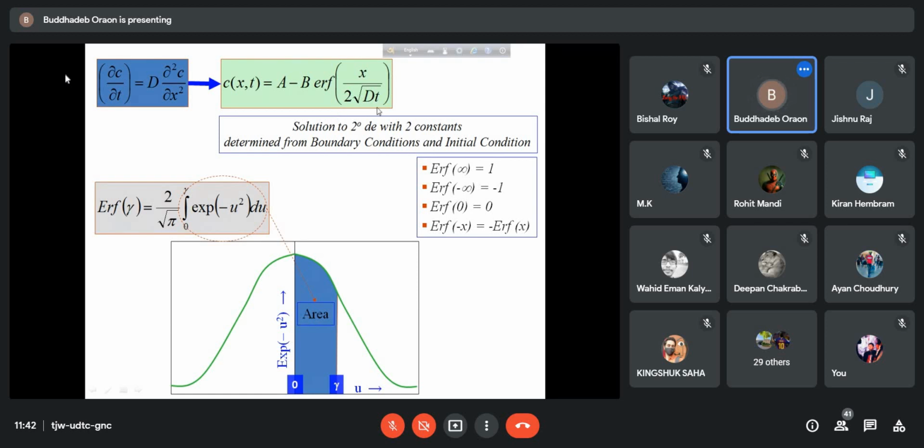Another point is that finding the value of the error function every time becomes difficult. So there is a table of error function values for a particular variable value. For solving the problem, if required, those values will be given to you for exam purposes, and by using those values you can solve the problem. So let us see a few examples of how we can use this error function to solve the problem.